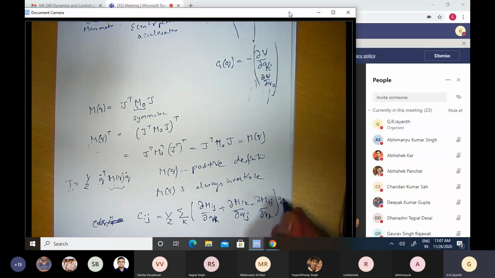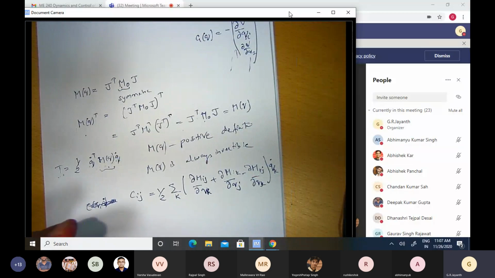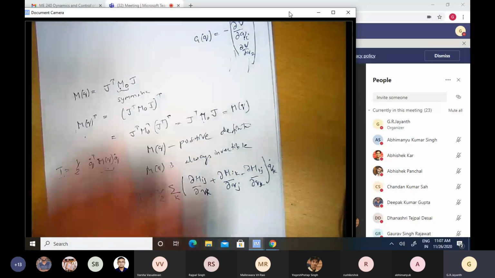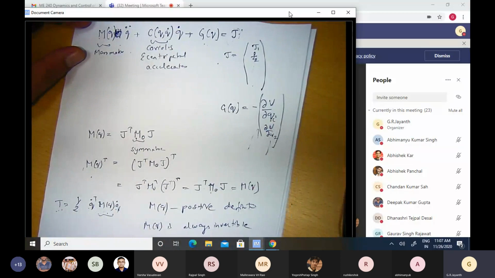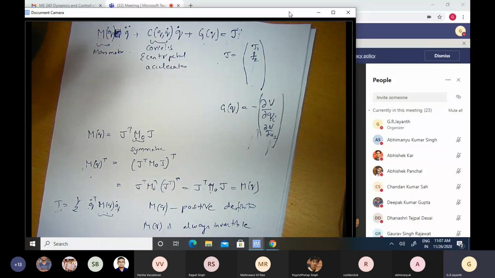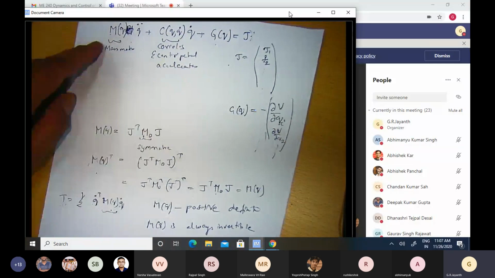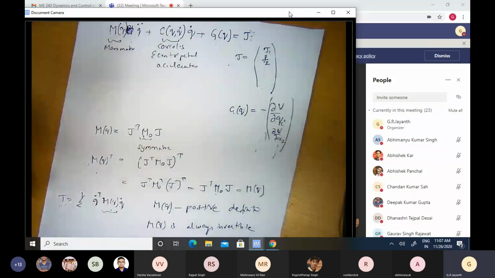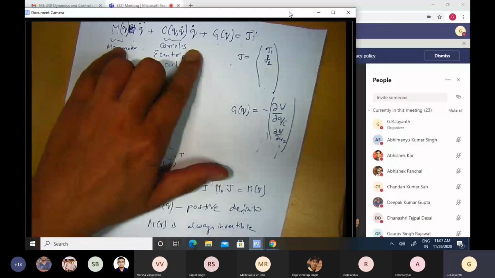This whole thing multiplied by q_k dot. Okay, it takes some time to understand this expression at some level, and I am not devoting that time here because it is not relevant to our main point. The main point, as I said, was that with the Euler-Lagrange formalism, we can obtain the overall dynamics of a multi-body system. What the expressions for M and C are and so on are all trivial details which can be worked out if we have the patience to do that. There's nothing very significant about that. The significant thing is we can express it in this form.